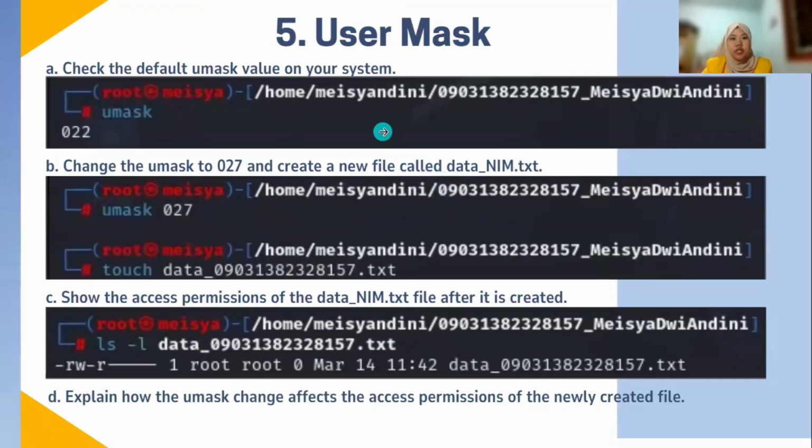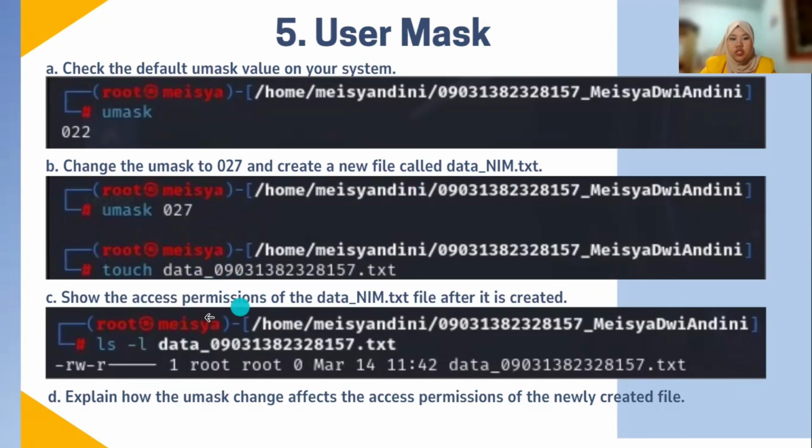Okay, last but not least is number 5, which is umask. I use the umask command to check the default umask value on my system, which is 022, and I change the umask to 027 and create a new file named data with the touch command, space, file name.